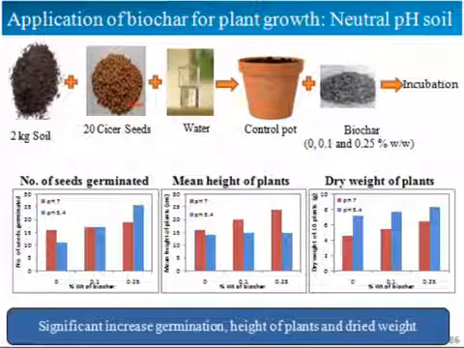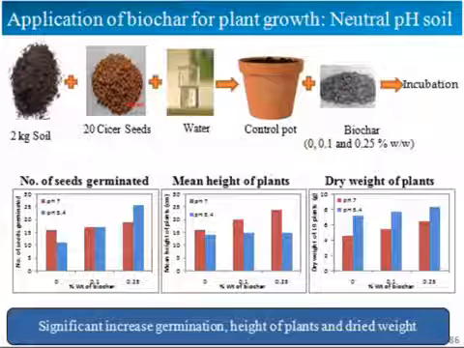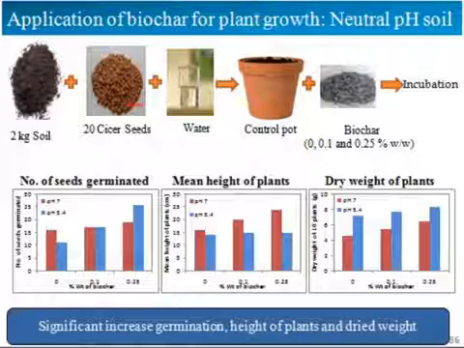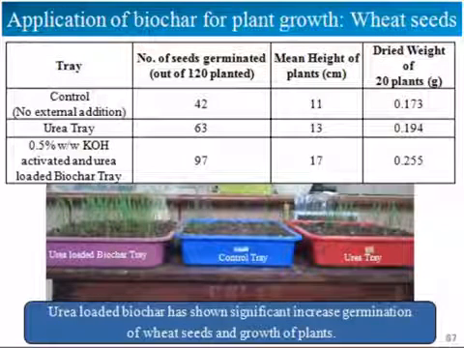and I have a basis. One is a control, which is having 0 biochar. Second is 0.1 weight percent, 0.25 weight percent. How the soil acidity has changed as a result of addition of biochar in the soil, how the mean height of the plant has changed, and how the dry weight, that is the extended growth of the biomass, has changed. If you put this in the form of a table, you will find almost 30% increase